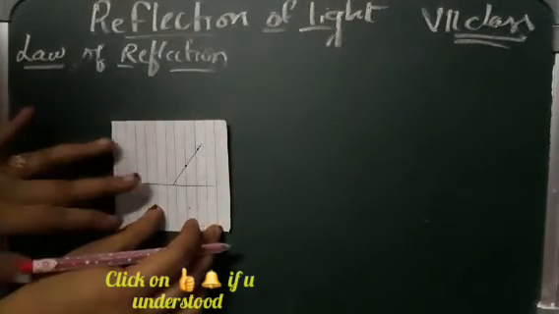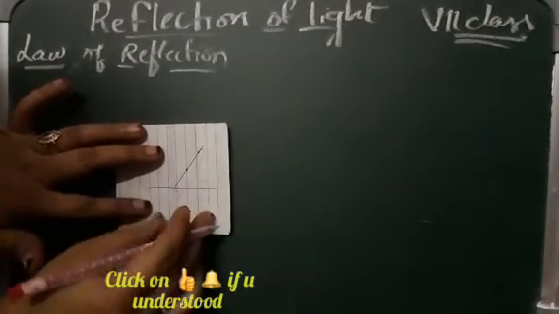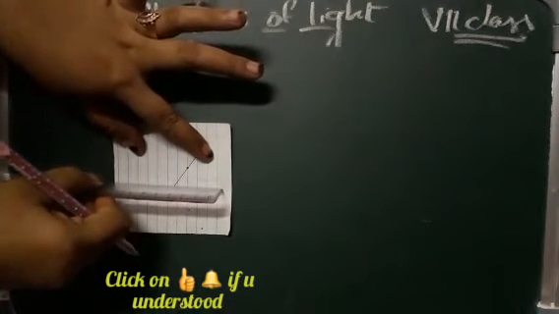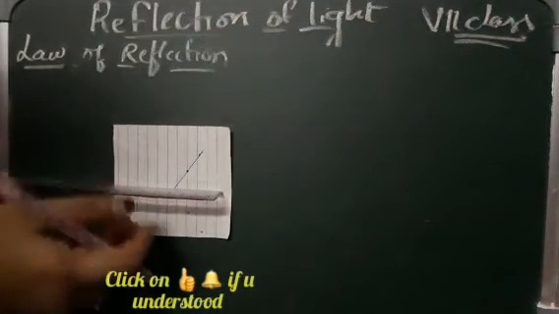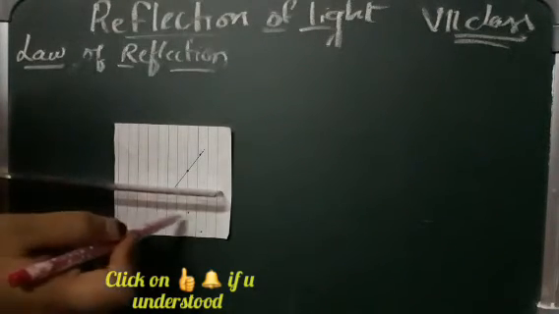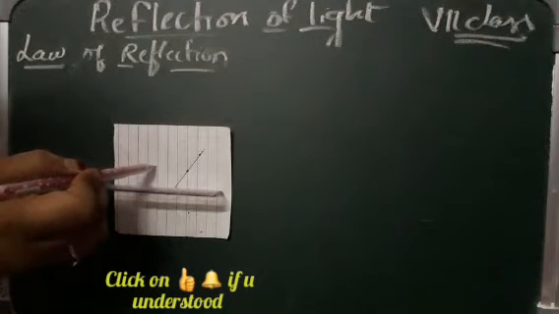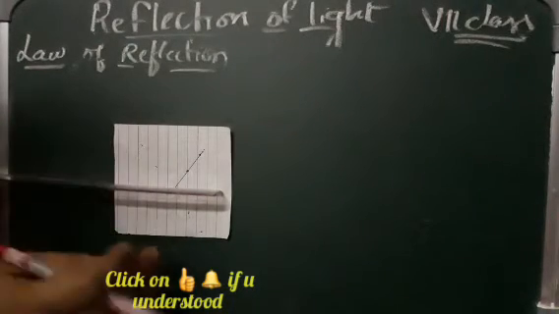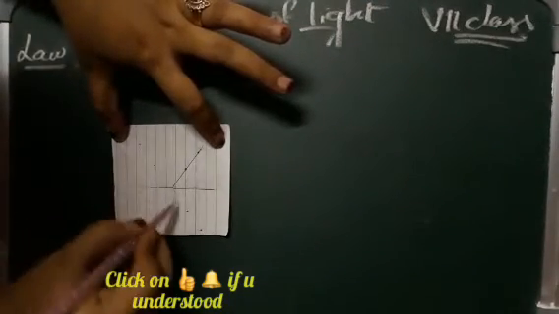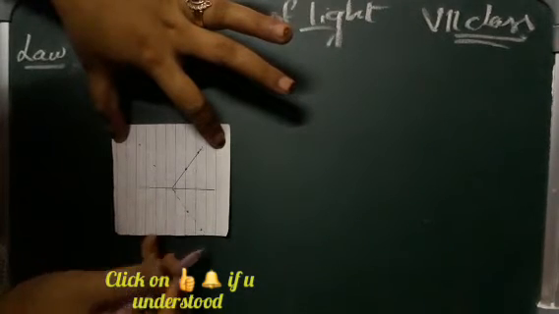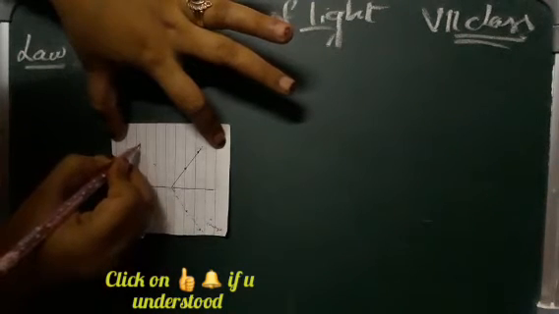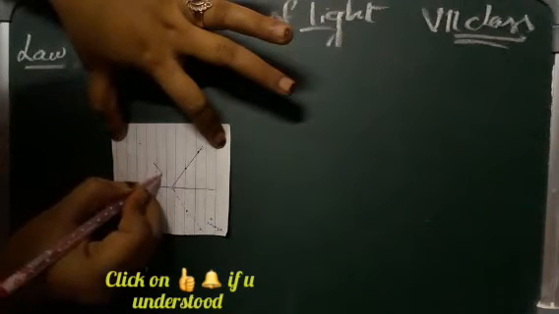Now what you're going to do is join the lines like this. You are keeping a mirror here, and you're keeping other pins. These pins are there, na? With these pins you're keeping a straight line, straight pins you are keeping, and you are trying to join this. So this you are drawing in dots, we are assuming this to be the image. And this you are marking as another line, you are joining this line.